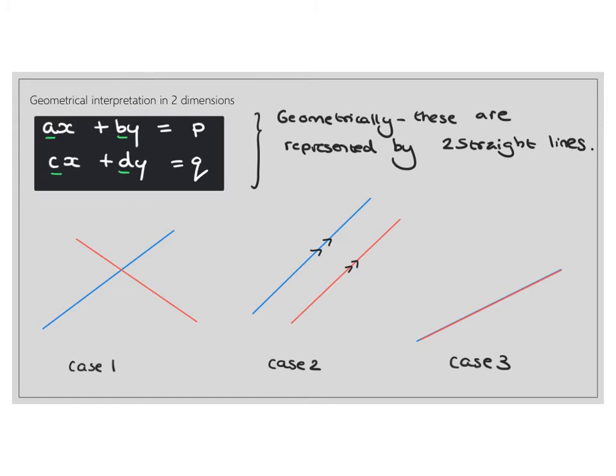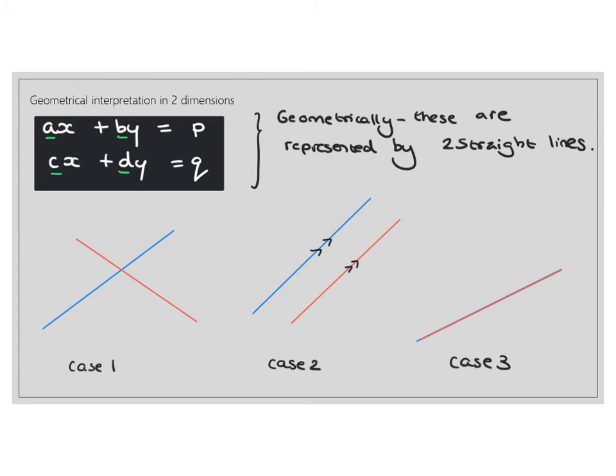How do they relate to the linear simultaneous equations and the solutions of these linear simultaneous equations? And how do they relate back to the work we've just done on matrices and matrix inverses? So all this time, remember, we're working with two linear equations in two dimensions. Later on, in the second year of Further Pure, you'll be exploring what happens in 3 dimensions, and there are many, many more different cases that will occur. For the moment, we are looking at two straight lines in 2 dimensions, and these are the 3 cases that